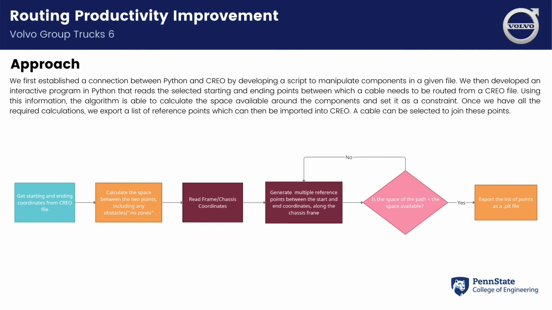The team first established a connection between Python and CREO by developing a script to manipulate the components in the given file. We then developed an interactive program in Python that reads the selected starting and ending points between which a cable needs to be routed from the CREO file. Using this information, the algorithm is able to calculate the space available around the components and set it as a constraint. Once we have all the required calculations, we export a list of reference points which can then be imported